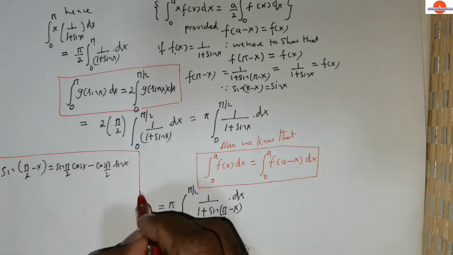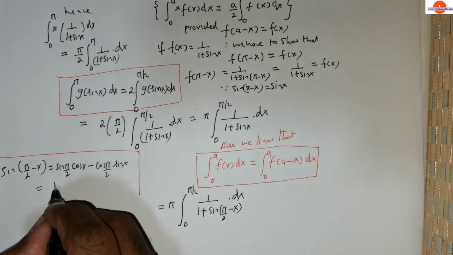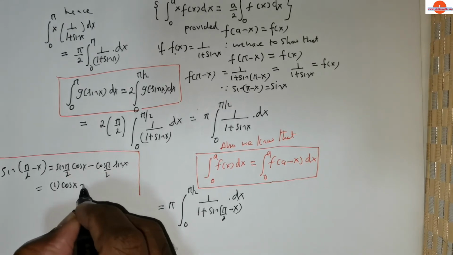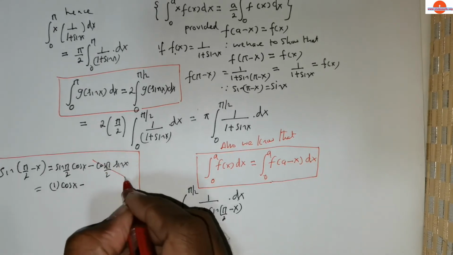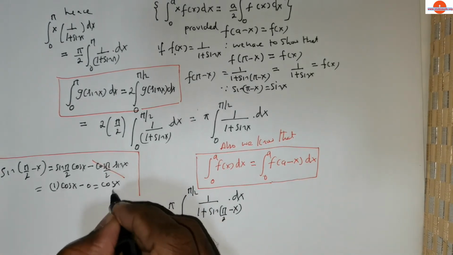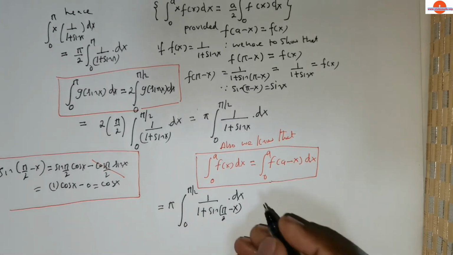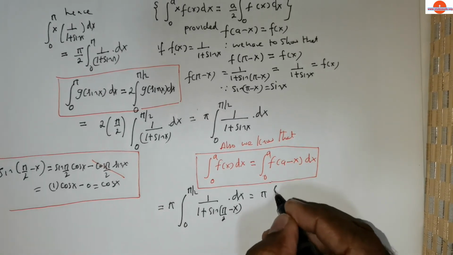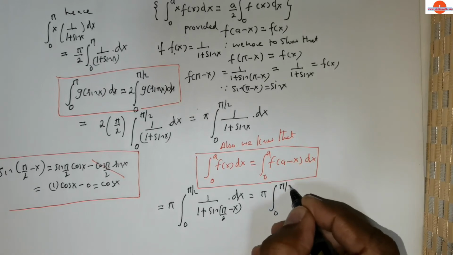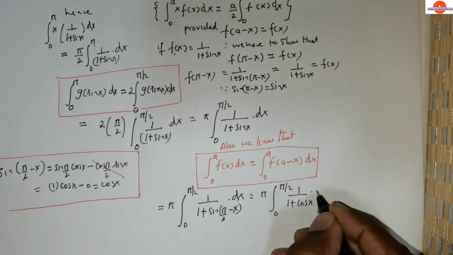Clearly this is equal to sine pi over 2, which is 1, multiplied with cos x. The other term is going to get cancelled because cos pi over 2 is 0. So this is going to be equal to cos x. This is another important result we would be using here. So this is equal to pi times the integral from 0 to pi over 2 of 1 divided by 1 plus cos x